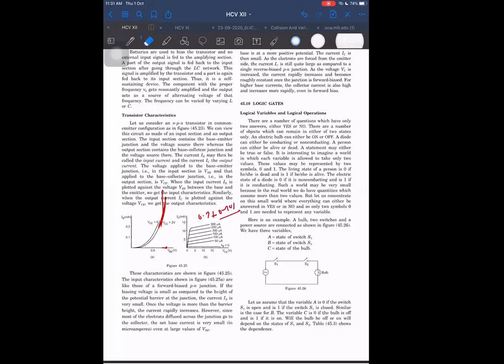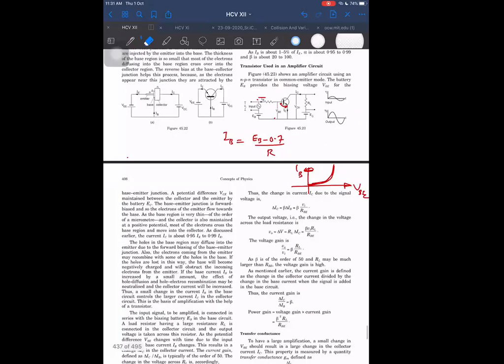So I can assume it to be nearly constant, which I can assume to be constant. I can assume the 0.7 to be nearly constant. If I assume it to be constant, then what will be the fluctuation in IB? Fluctuation, as I said, I will take differentiation. That will give us fluctuation. Fluctuation in IB will be because of DEB by R. R is constant. 0.7 has derivative 0. So I'm getting DIB is equal to DEB by R.